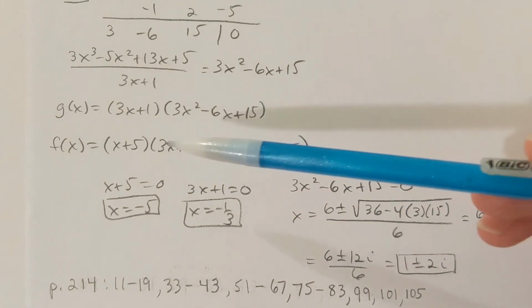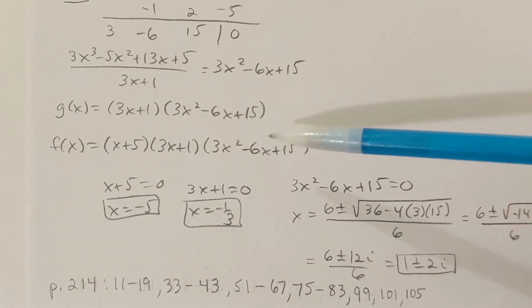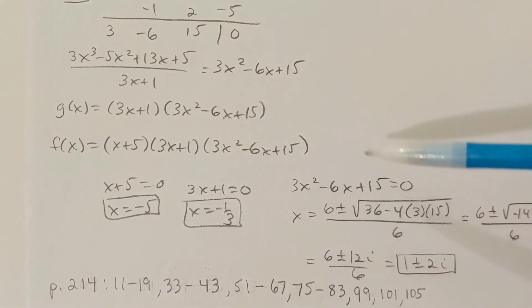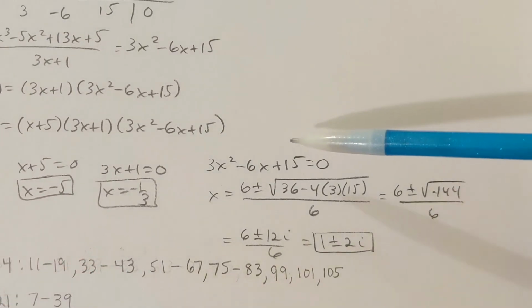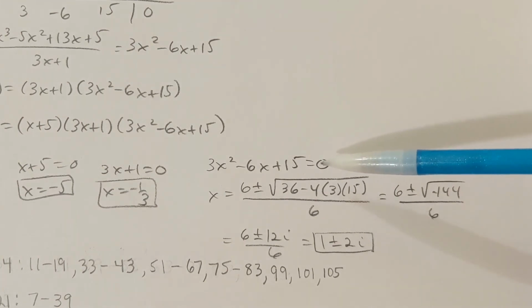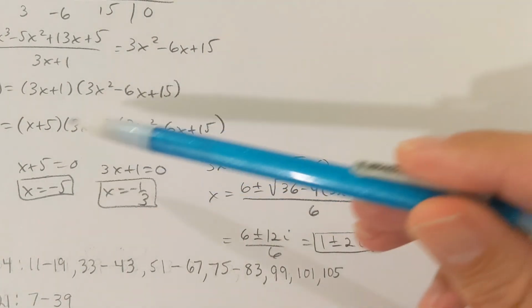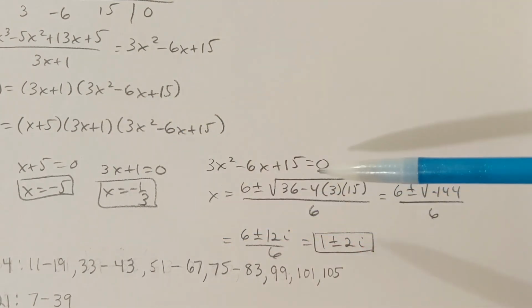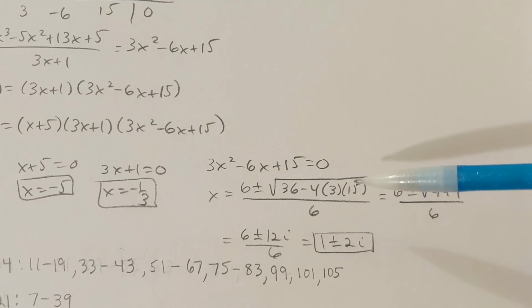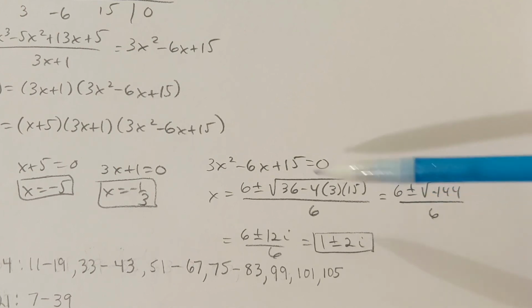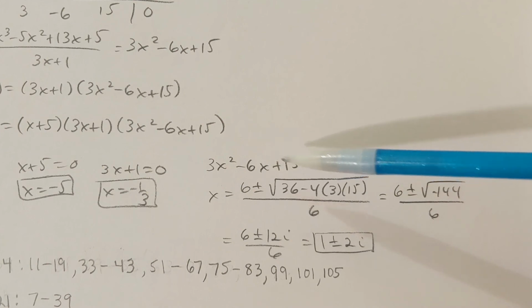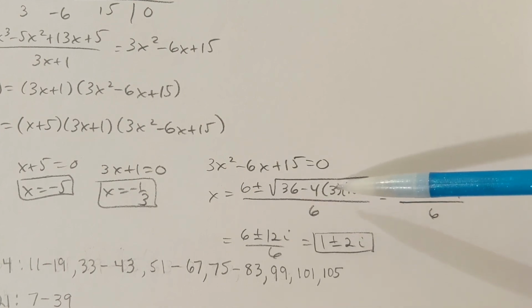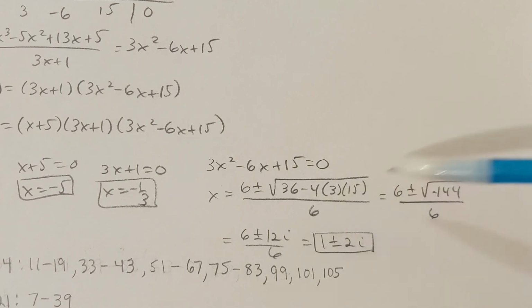And here's what I've got so far. I've got x plus 5 times 3x plus 1 times 3x squared minus 6x plus 15. To find the two remaining zeros, 3x squared minus 6x plus 15 equals 0. I can't easily get the zeros for these other two, which means I have to use the quadratic formula. The opposite of b is 6, plus or minus the square root of b squared. Negative 6 times negative 6 is 36, minus 4 times 3 times 15, all over